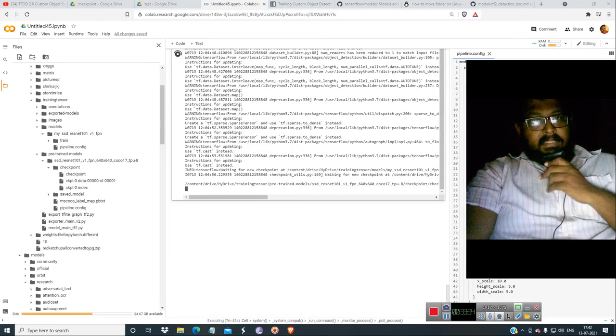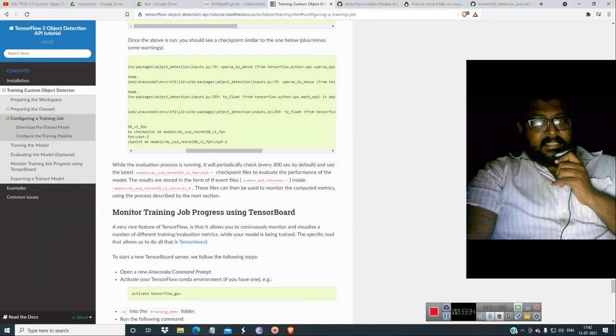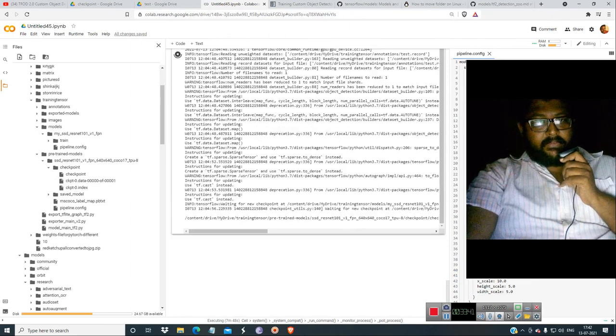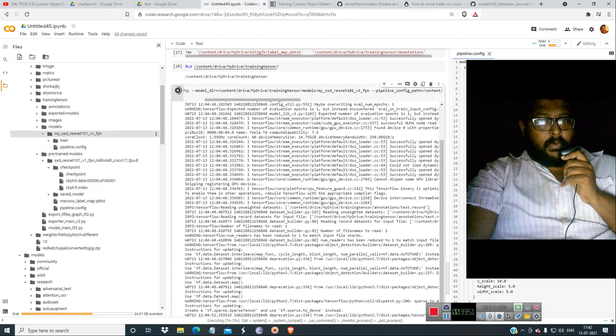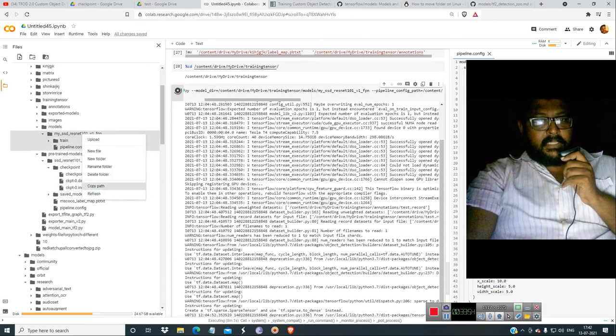Now what they are telling is that for every 300 seconds you have to check. So we have given all the paths correctly. We have given Python model TF2, the model directory as FPN, and copied this path in the models, which is in the drive training tensor folder.